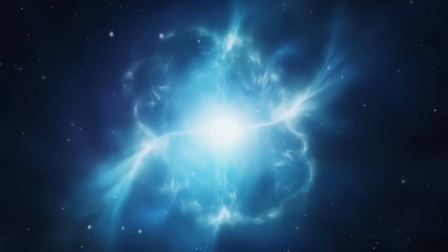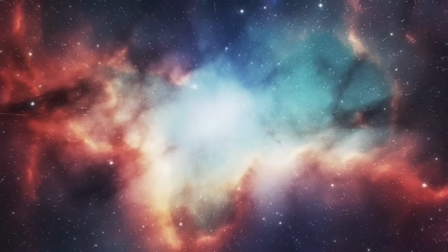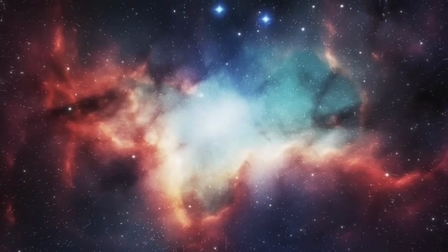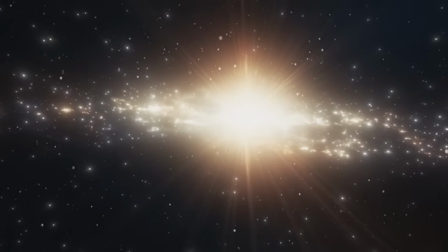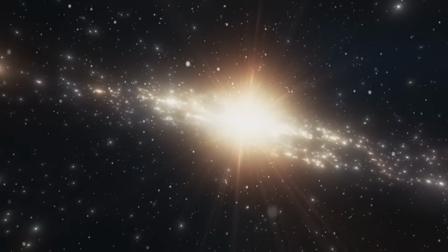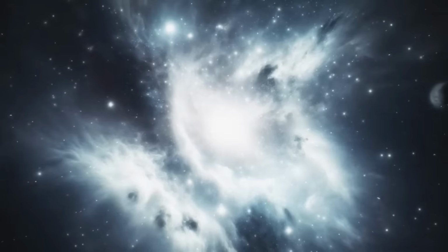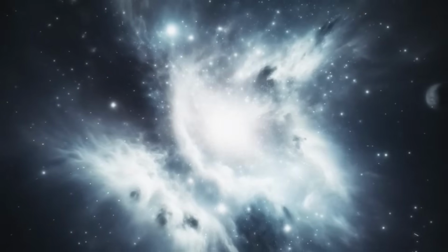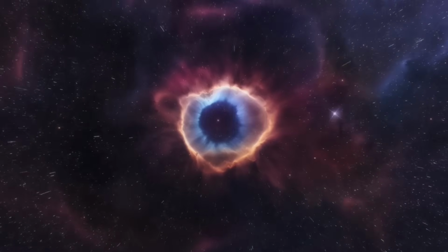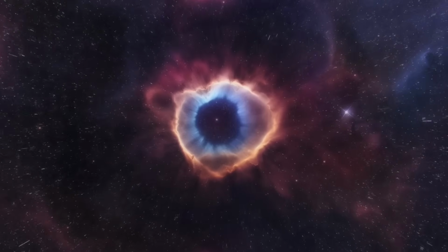The radiative output of Westerlund 1-26 is so extreme that even at distances of tens of thousands of light-years, it significantly affects the thermal and radiative balance of the cluster it inhabits. Light from the star interacts with interstellar dust and gas, heating the environment and creating dynamic conditions that shape the evolution of its star cluster. In essence, Westerlund 1-26 acts as a central powerhouse, radiating both energy and influence outward in ways that smaller stars